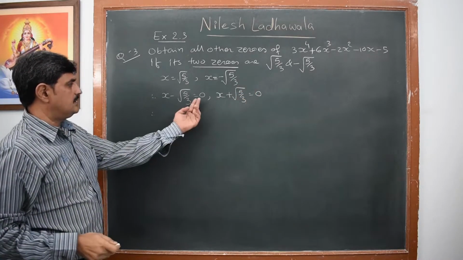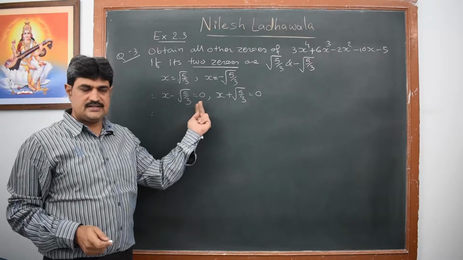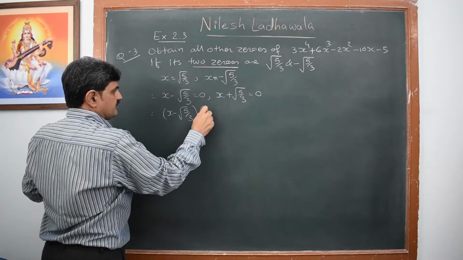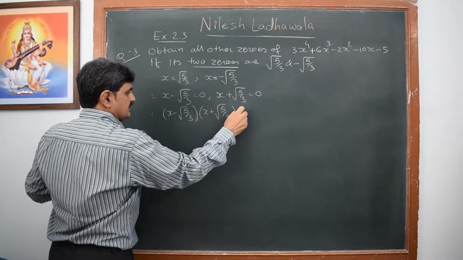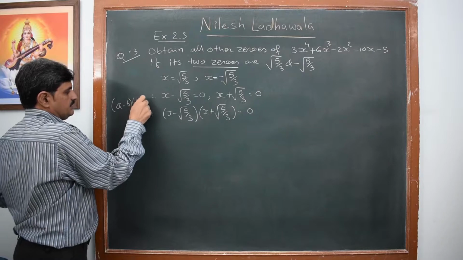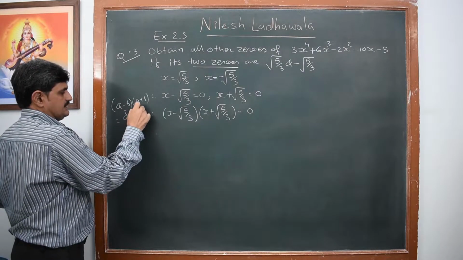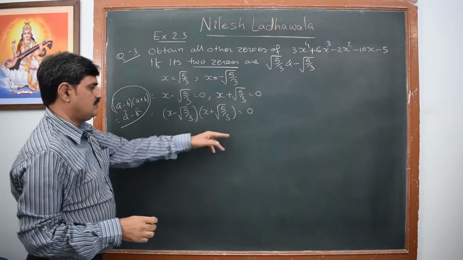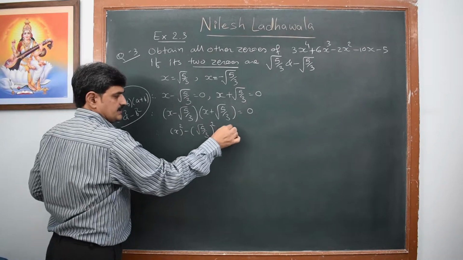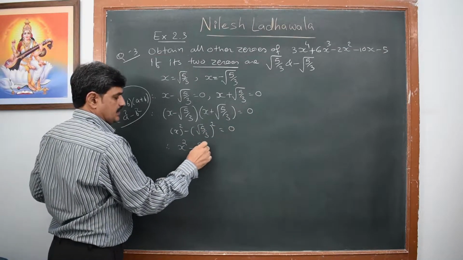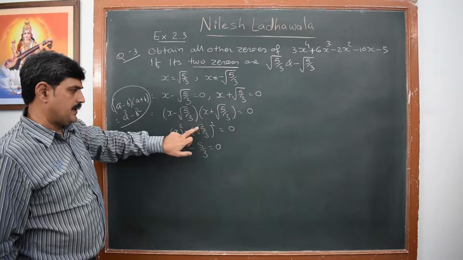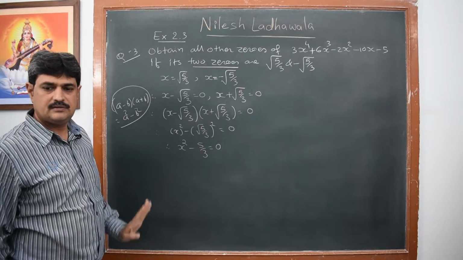Now the right hand side of both the equations is 0. So if I multiply them, I will get answer 0. Now we know the formula, a minus b into a plus b, and the answer is a square minus b square. So I am applying the same formula here. It is the square of first term minus the square of second term. So now we have x square minus 5 by 3 is equal to 0, because the square of root 5 will be 5 and that of root 3 will be 3.